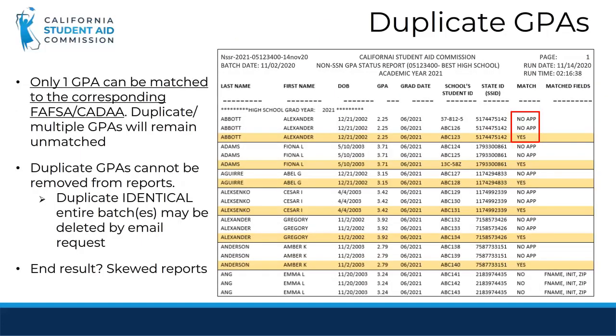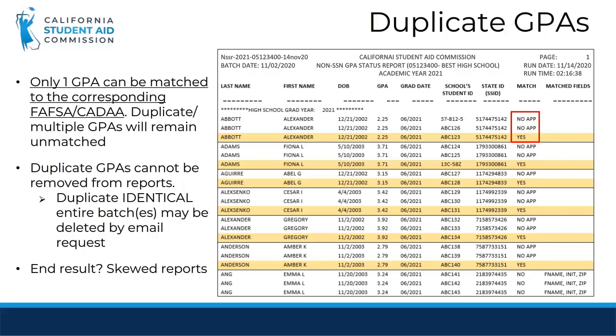Submitting duplicate or triplicate GPAs causes GPA report counts and data to be skewed. This is the same non-SSN GPA status report we just viewed, but we can see that this school submitted 3 GPAs for nearly every student. This makes reports very messy and difficult to determine which students have matched or unmatched GPAs. We have added line breaks and highlighted matched GPAs to make it easy to see, but your reports will not